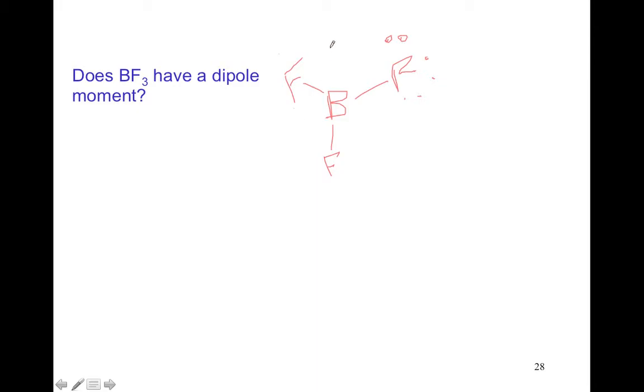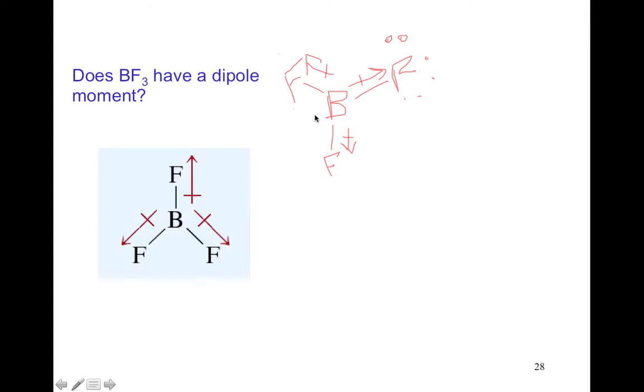Okay, you do that around all those, and you say he's pretty symmetrical. Fluorine is going to be more electronegative, so it's going to pull the charge that way. Fluorine's more electronegative, going to pull the charge that way. No unbound electron pairs, it's going to be nonpolar. And we would be right. So that is where we will end for